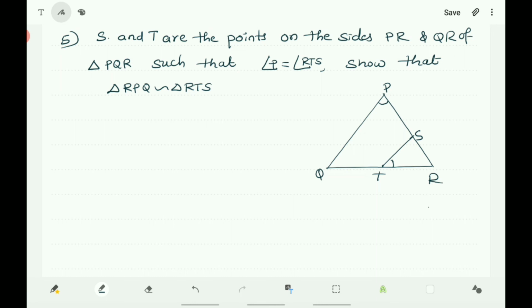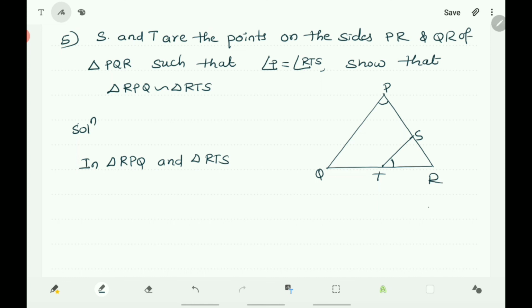Now what you have to prove? Triangle RPQ is similar to triangle RTS. And here it is given that angle P is equal to angle RTS. So you write the names of the two triangles, use any one of the criteria, and prove that triangle RPQ is similar to triangle RTS. First you write the names here. In triangle RPQ and triangle RTS,